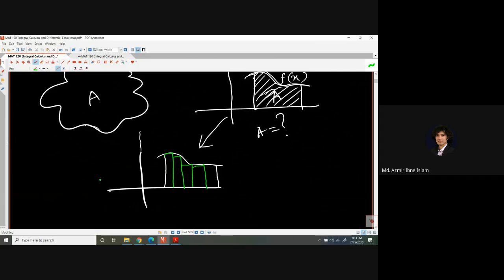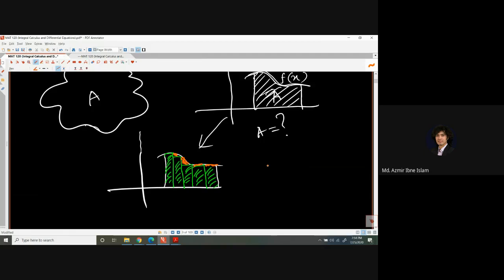So if we sum up the area of all the rectangles, then somehow we will get the area of this shape. But you can see we have a blank space. That means we are not getting the exact